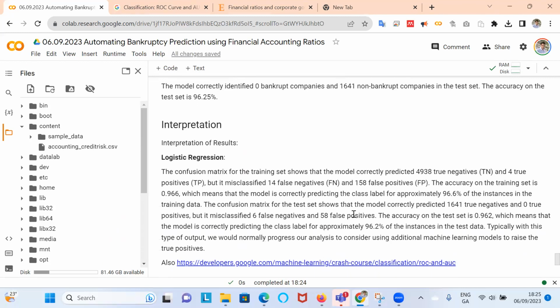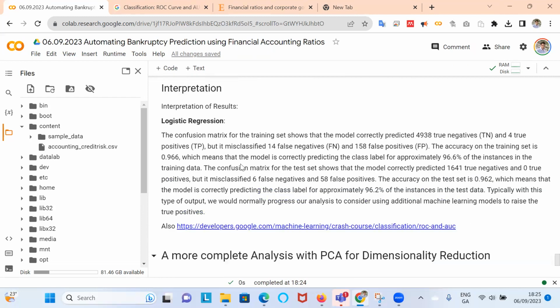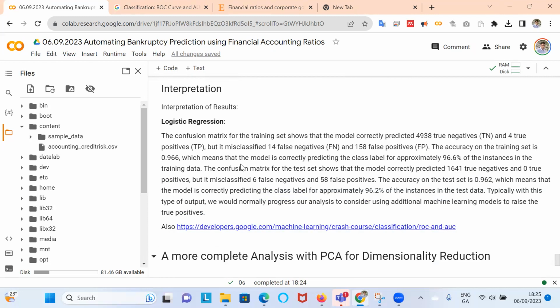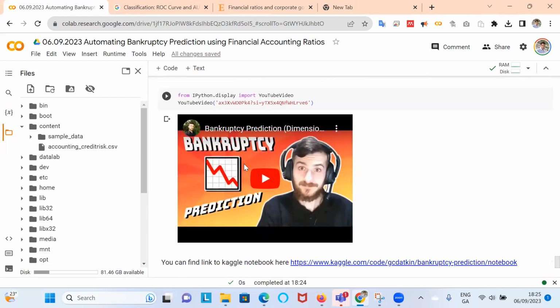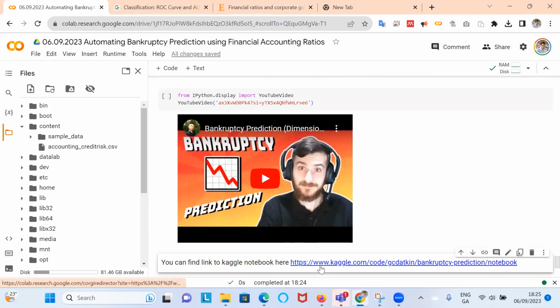Given that this logistic regression model is not beating the naive model, you could take a look at a notebook here from Kaggle. So somebody else has used the data set that we were working with. I'll show you the link here, but he also has produced a YouTube video. So I'm going to send a little bit of business his way. And if we take a look at his Kaggle,